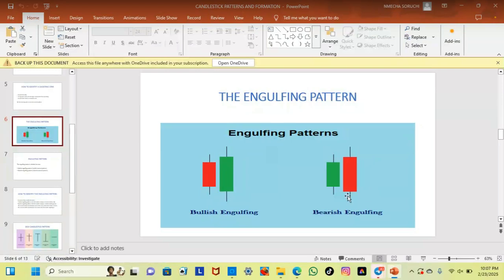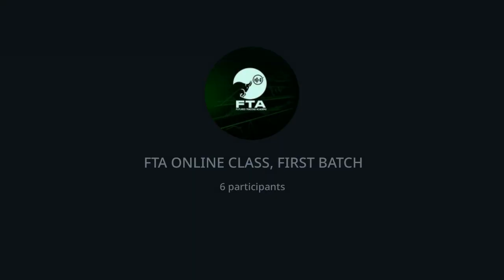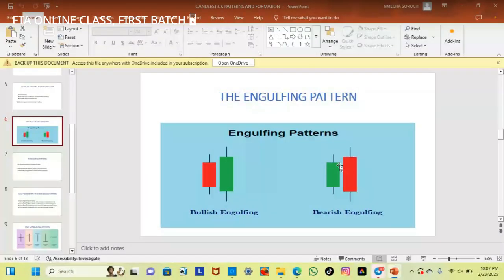While for a bearish engulfing pattern, the green will always close at the top. The bull candle, which is the first candle for a bearish engulfing pattern, will always close at the top. And the next candle is a bear candle, which is red, because it's a bearish engulfing pattern. So this second candle should open at the close of this bullish candle or slightly above the close of the candle.